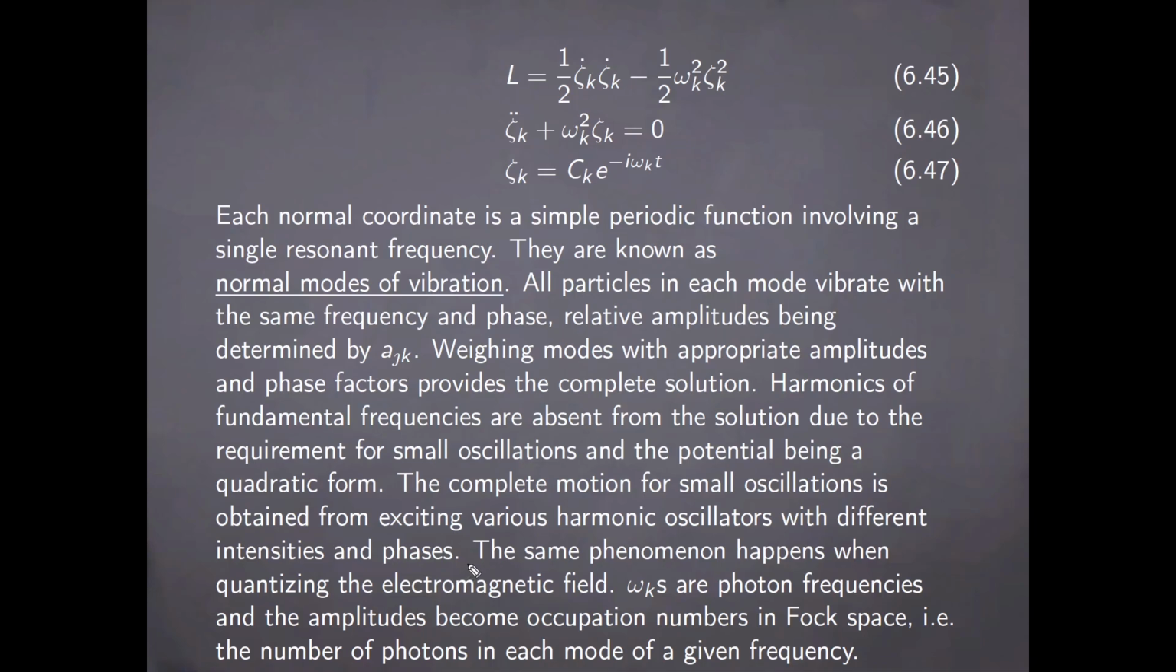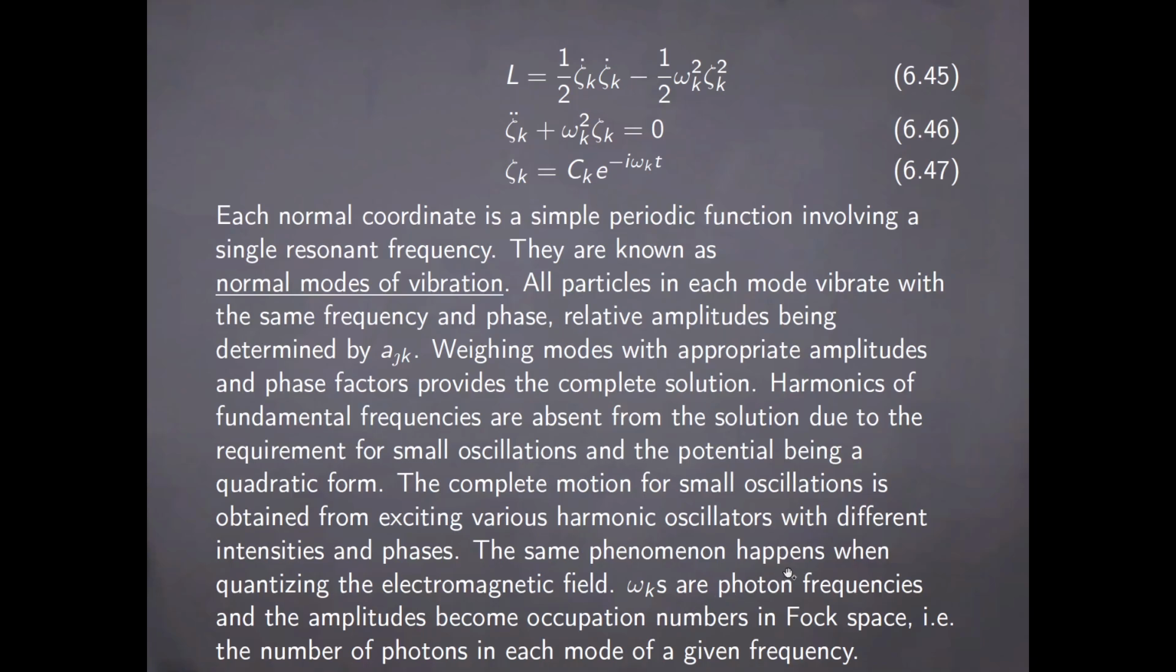To put things in a broader perspective, this is the same kind of phenomenon that happens when we quantize the electromagnetic field. So in that case, the omegas of index k are photon frequencies, and their amplitudes become the occupation numbers in Fock space. So the number of photons in each mode for a given frequency. So hopefully, much later, we will be able to discuss